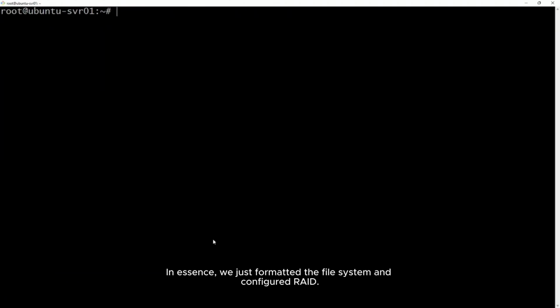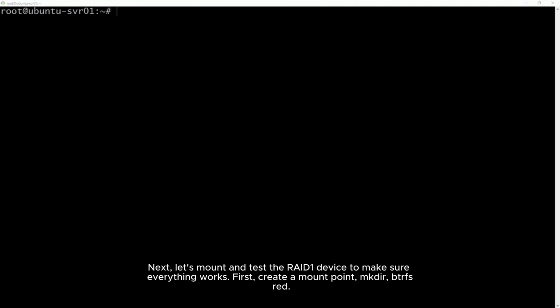Let's mount and test the RAID 1 device to make sure everything works.